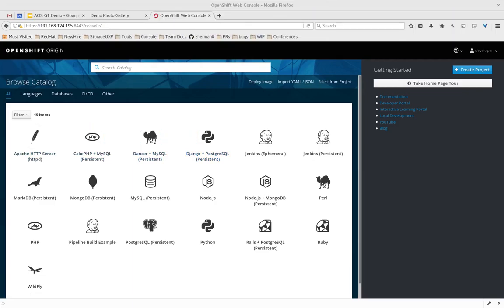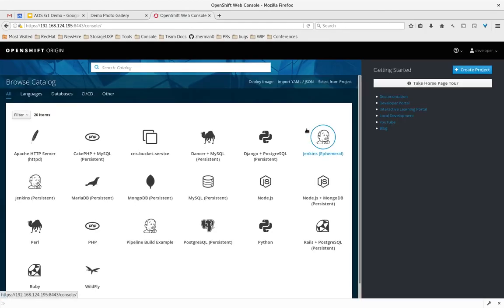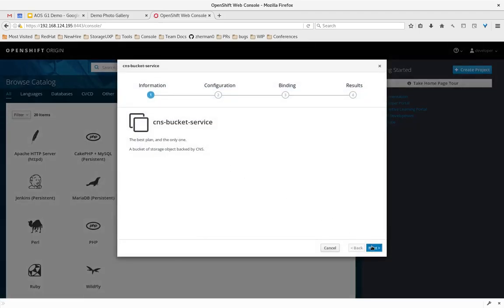So let me reload the page and we should see that happen. All right, and there it is. So now an admin would have done that prior, and as a developer or end user, and I want to create my new great app, I would come in here, I would simply click on this service,